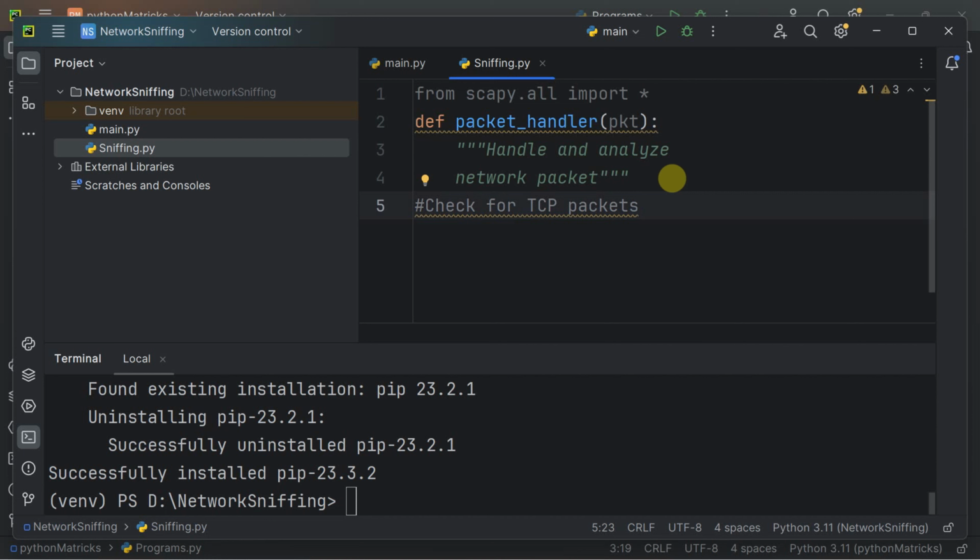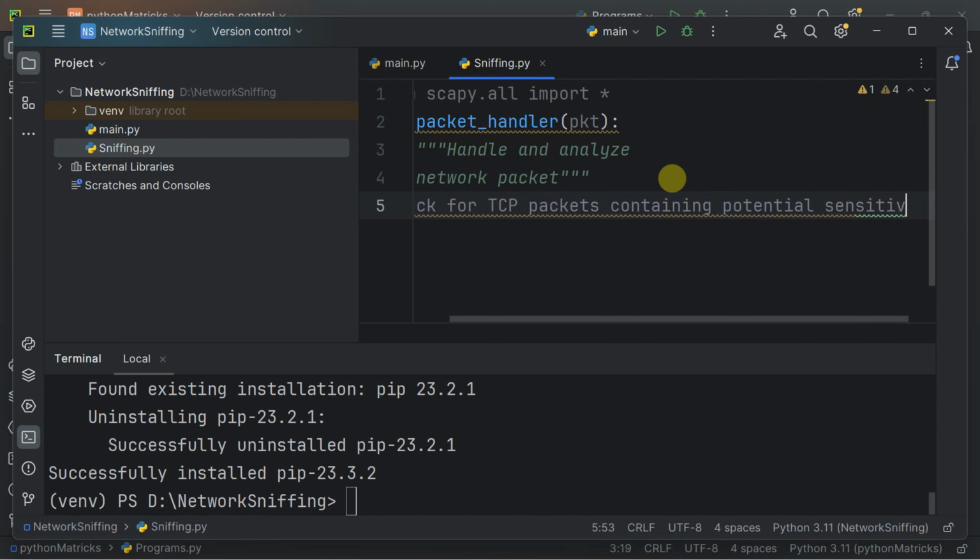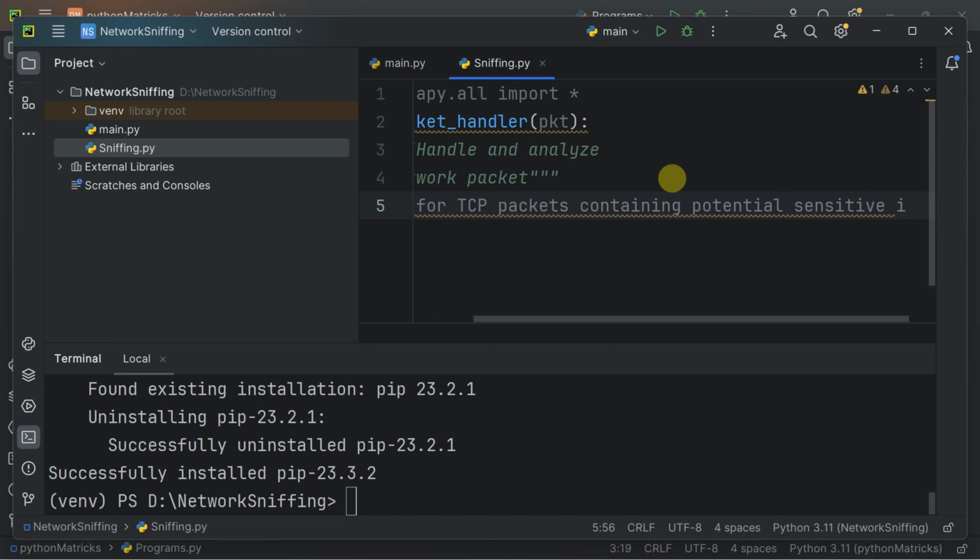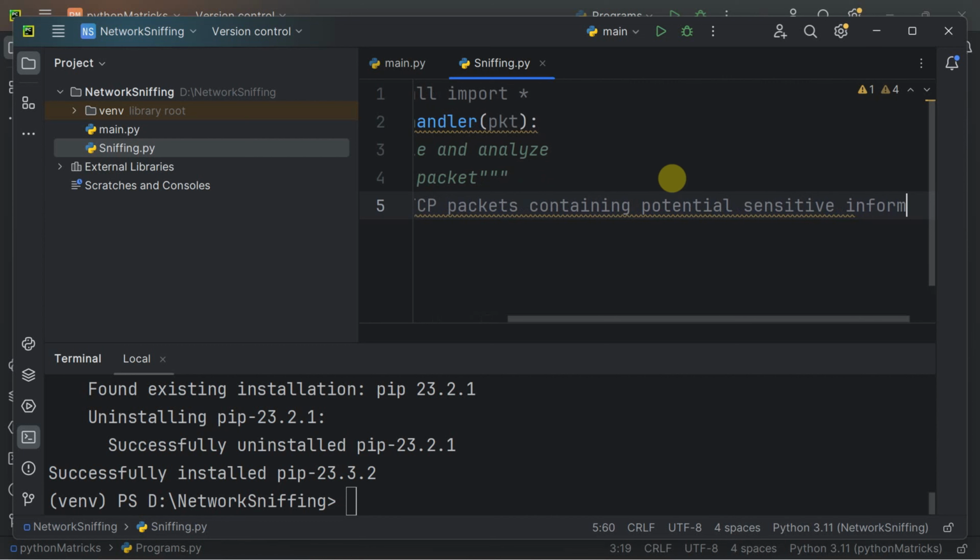Check for TCP packets containing potentially sensitive information,